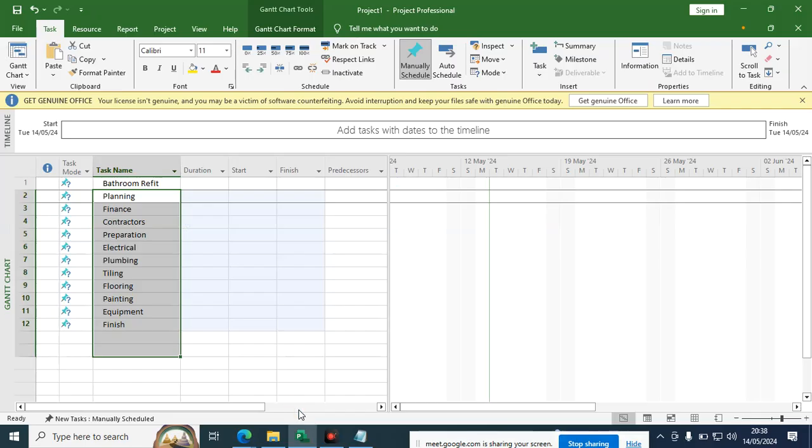So I was saying that we have the project, and having the project, we have the major tasks. So the first task is called planning. We are going to involve finance. We are going to have contractors. We are going to have preparation. We are going to have electrical work. We are supposed to have plumbing. We are supposed to have tiling. We are supposed to have flooring, painting, equipment, and finish. So this is a simple